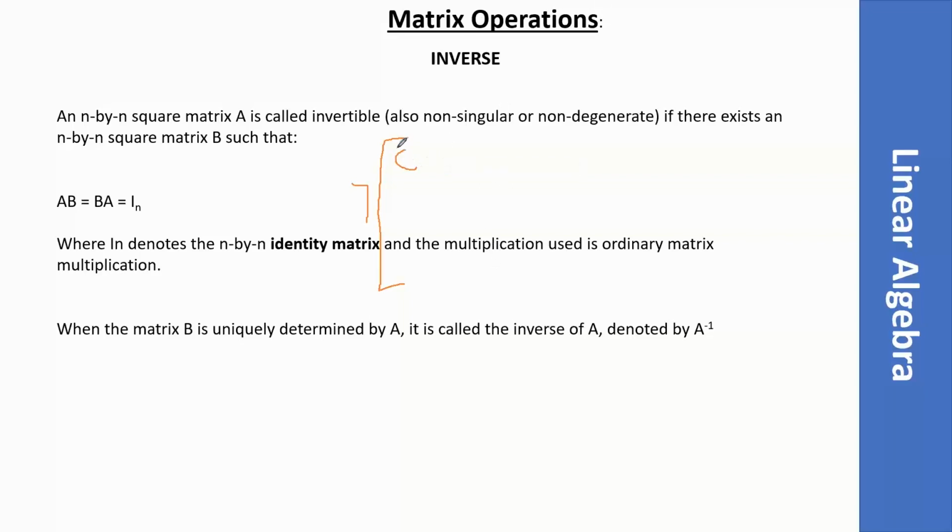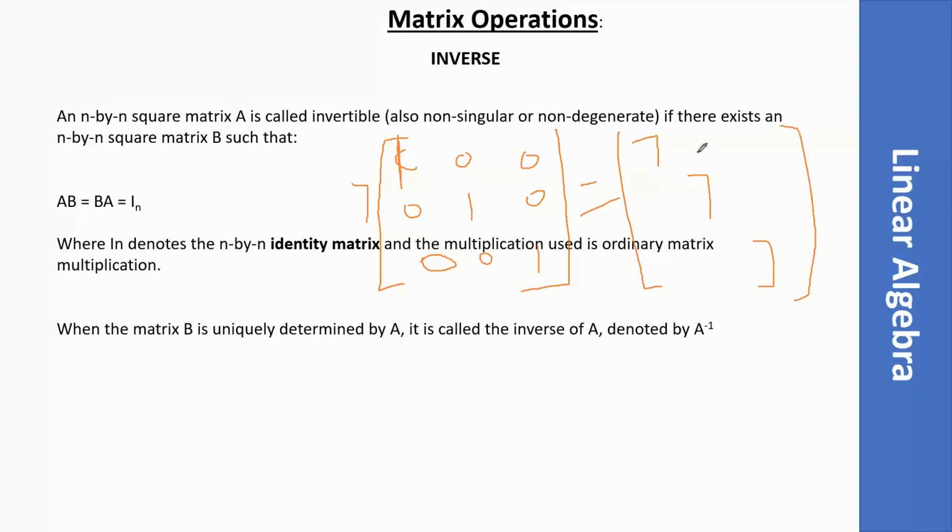Like here it is 1, 0, 0. This is not K, okay? This is 1, this is 1, and this is 1 again. So there's a diagonal matrix here. If I multiply it by this matrix, the diagonals I'll get are just 7. So wherever the 1 is, it will just get multiplied by 7. The rest would all be the same. Here it will be 0, here it will be 0, here it will be 0. Okay. So if I take 7 common from this, then it will become this. So this is the inverse.